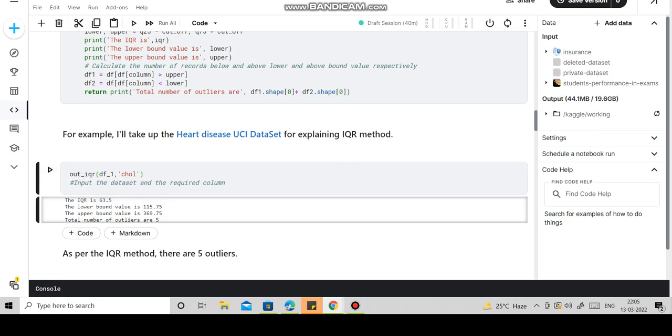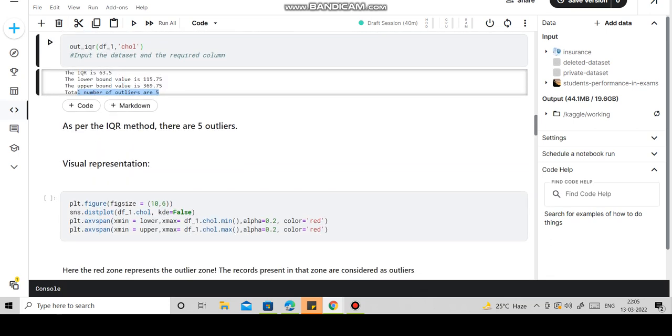So basically we have 5 outliers. Upper bound is 69.75, lower bound is 115.75, and the IQR is 63.5. So according to the IQR method, there are 5 outliers. Now we look into the